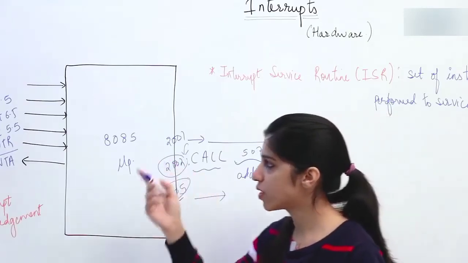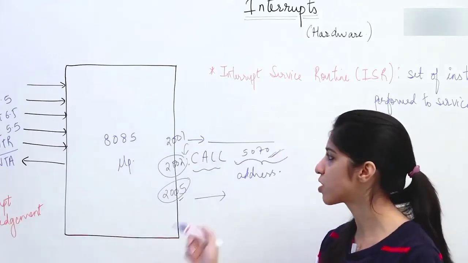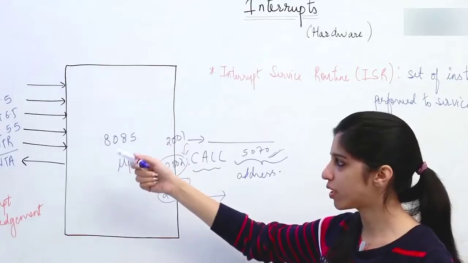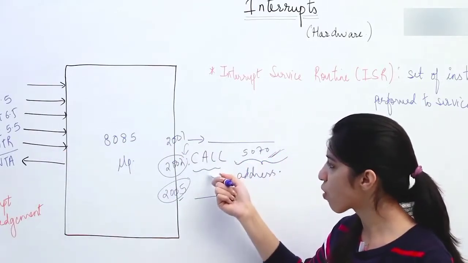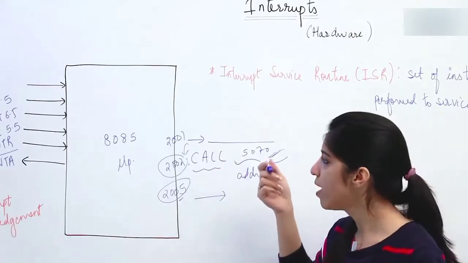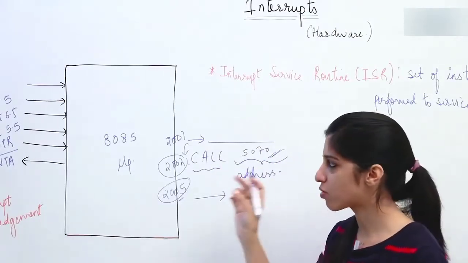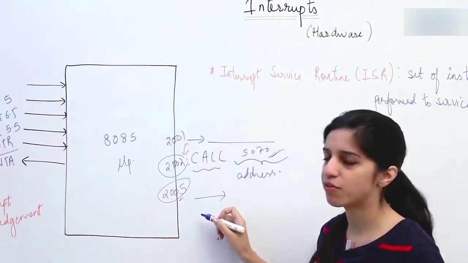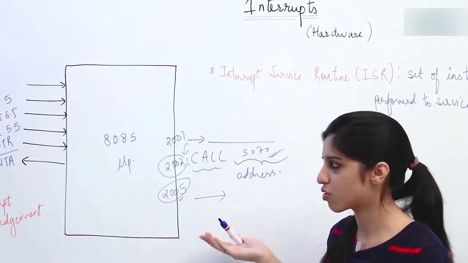So what happens when you raise an interrupt? Internally a call operation is performed. Whatever the address of the ISR is, that is already known. That address is called using this call instruction, an internal call is performed, and after the ISR, the interrupt service routine, is completed, whatever commands you have written, we come back to our previous program. Whatever program was being executed will resume.